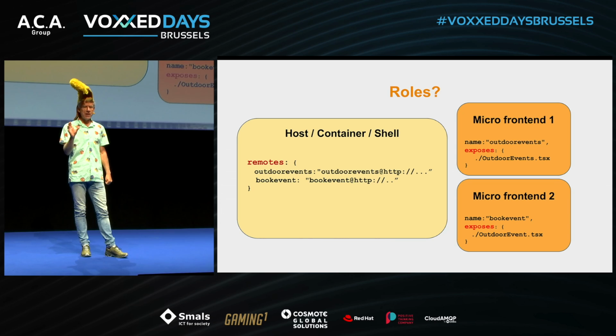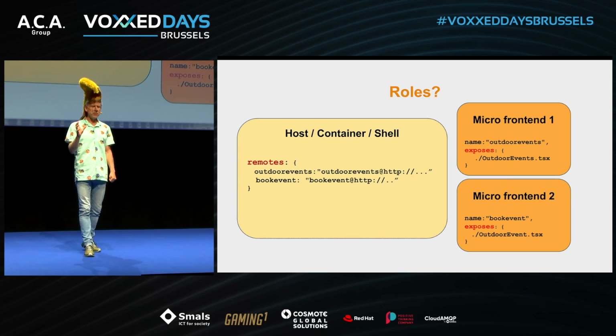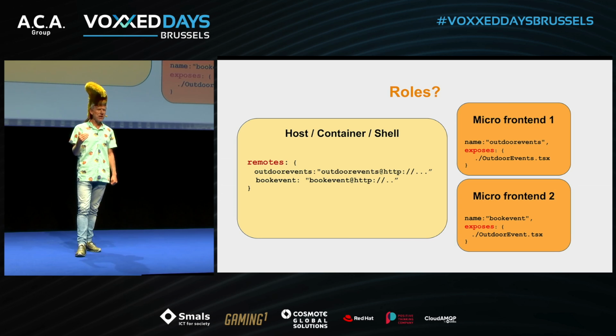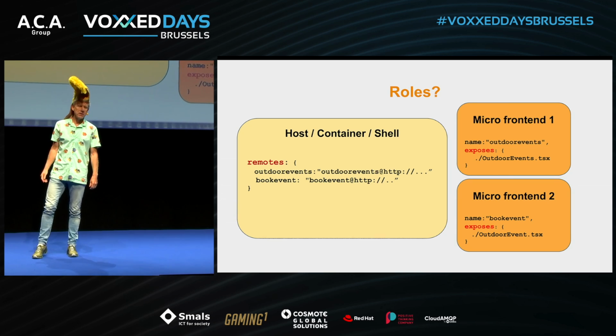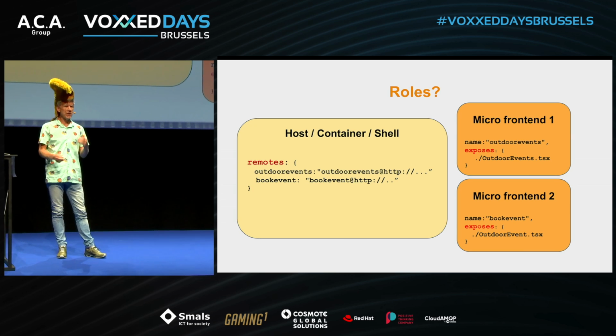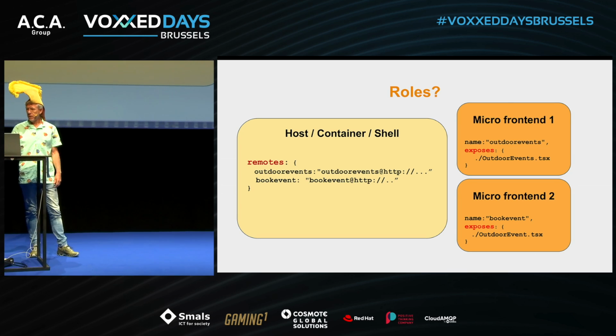A micro frontend has a known name, for example, outdoor events, and also the book event. And the micro frontend itself has an exposes section to expose its own components. So a micro frontend can consist of multiple components, of course. You see one component per micro frontend here, but